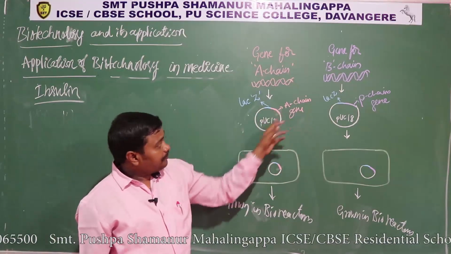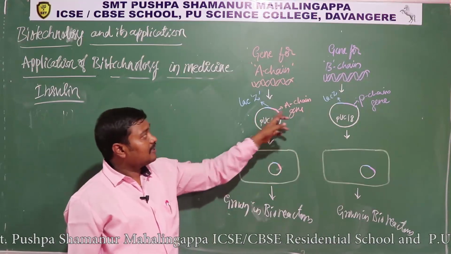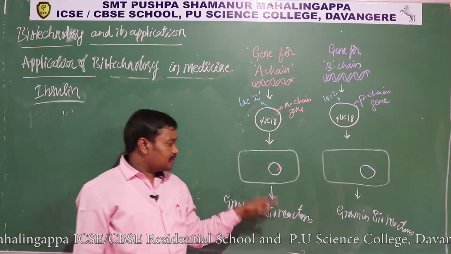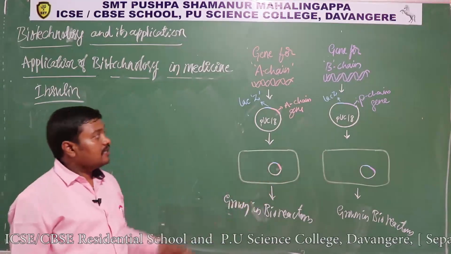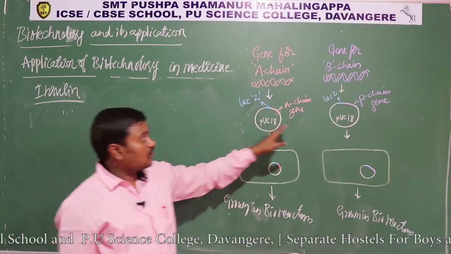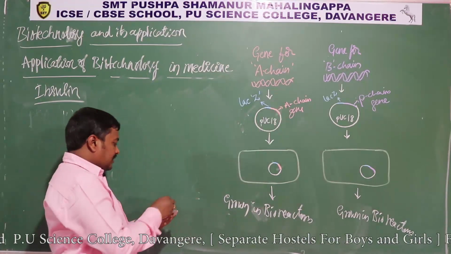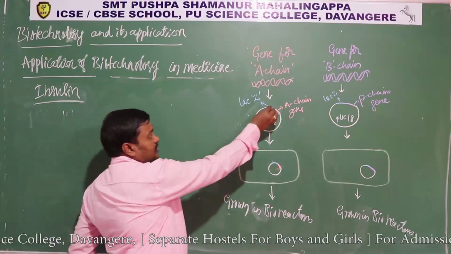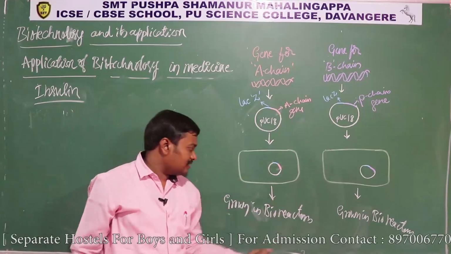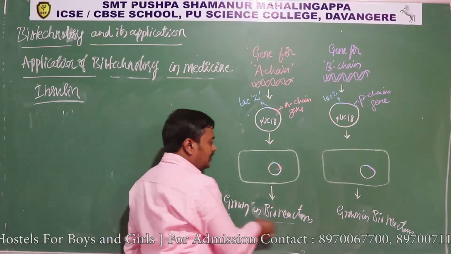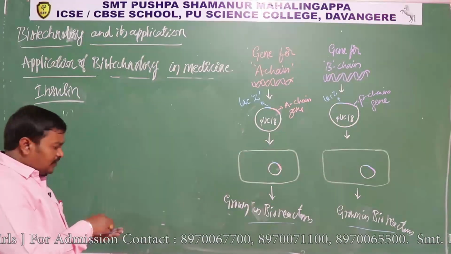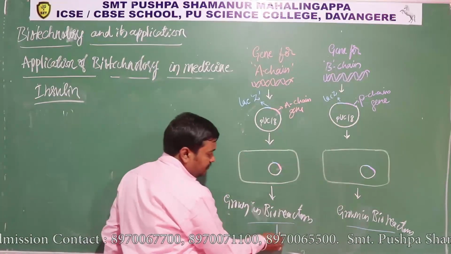So after this, the A chain is inserted into the PUC18 and PUC18 is introduced into the E. coli bacteria. So how they select the transformants: since the LAC-Z gene is there, it produces a white color colony. Here they inserted the gene near the LAC-Z gene, so it produces the blue color colony. Then they isolated the transformants. So like this, they isolated the transformants and grew them in bioreactors. So in bioreactors they grow this. So after that, through the downstream process,